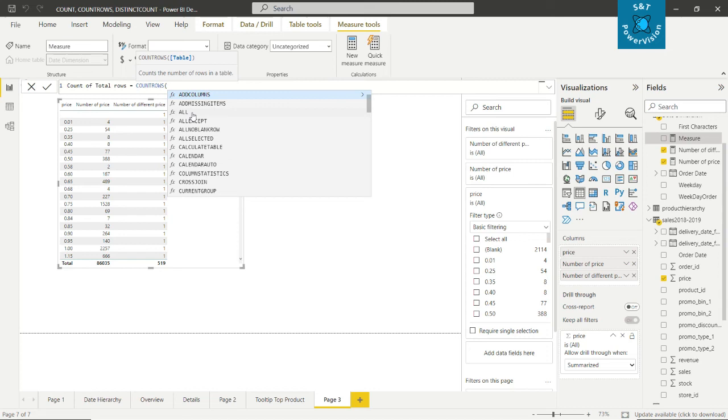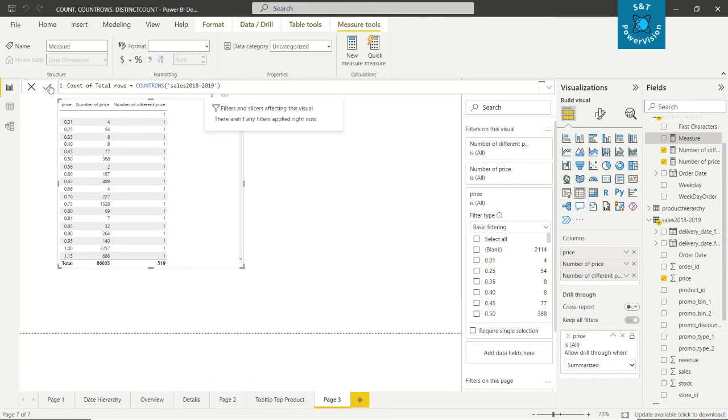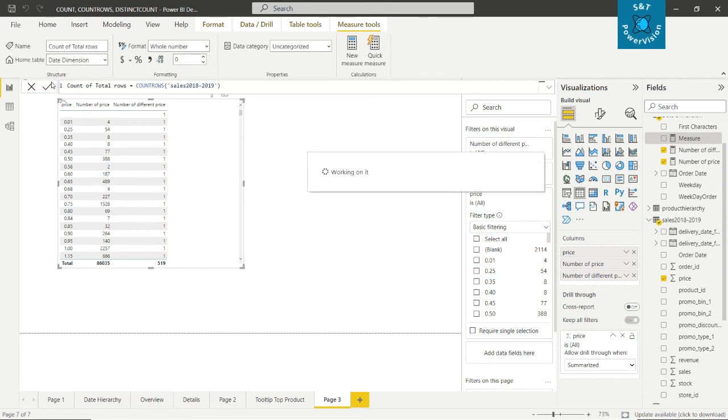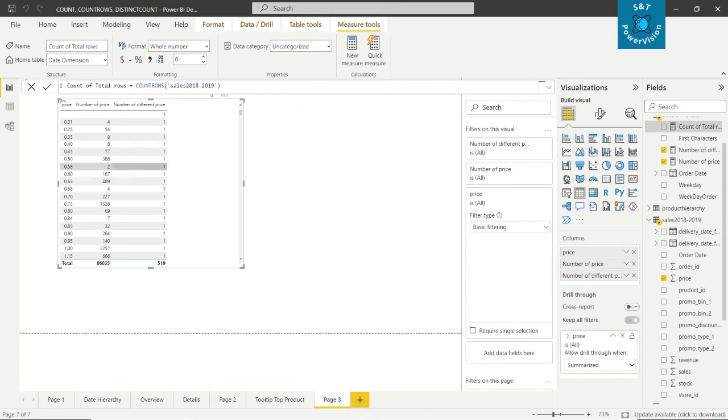We can see here count rows; it takes only the table. So we'll do this, and this is our count of total rows here.